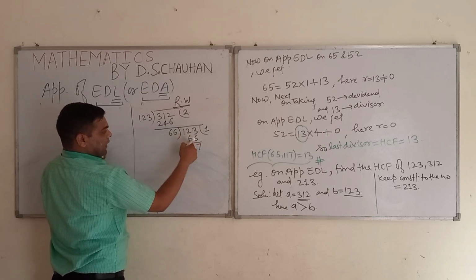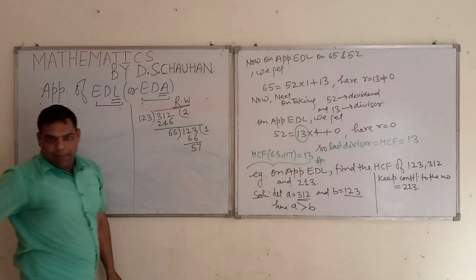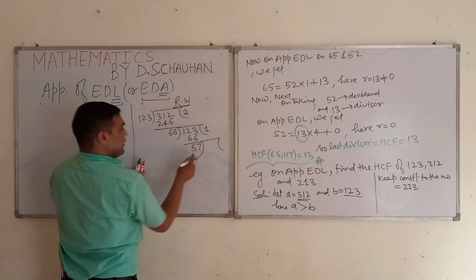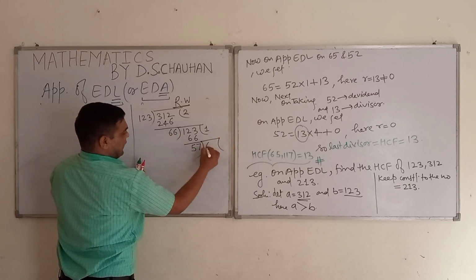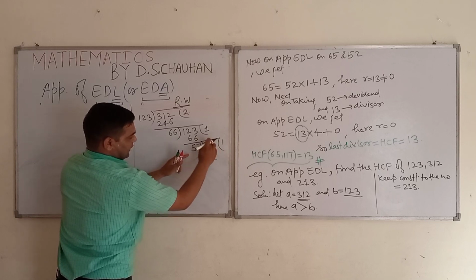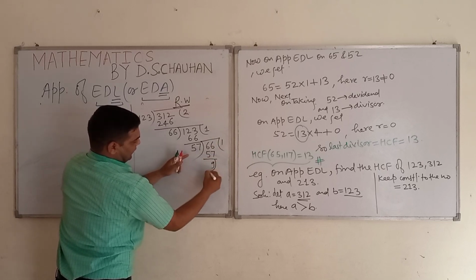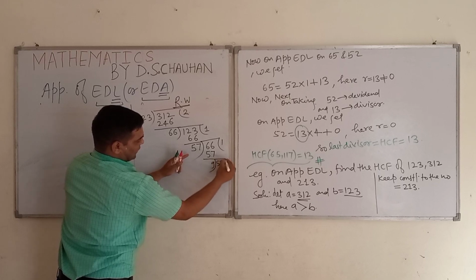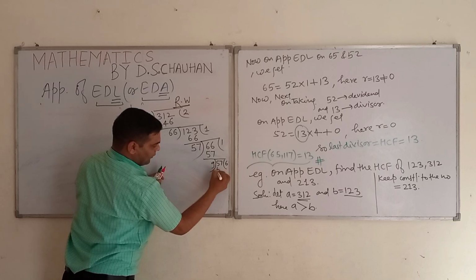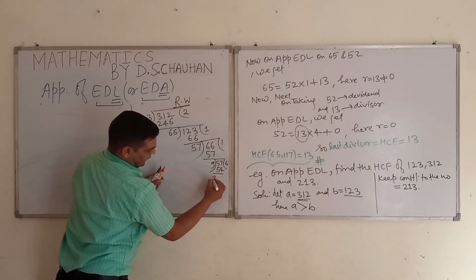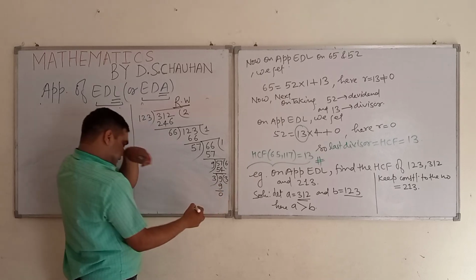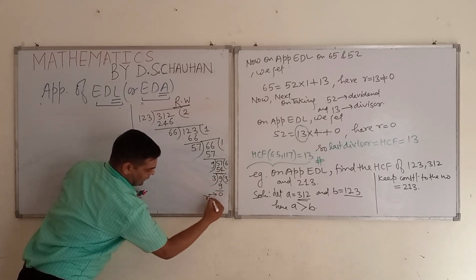7, and here 11 minus 6, it will come. Students, now again taking it as a divisor and the previous divisor as a dividend, we will get here 16 minus 7, it is 9 here. Keep continuing the process. Here 9 6s are 54. You will get here 3. So 3 3s are 9. Here the remainder is 0.